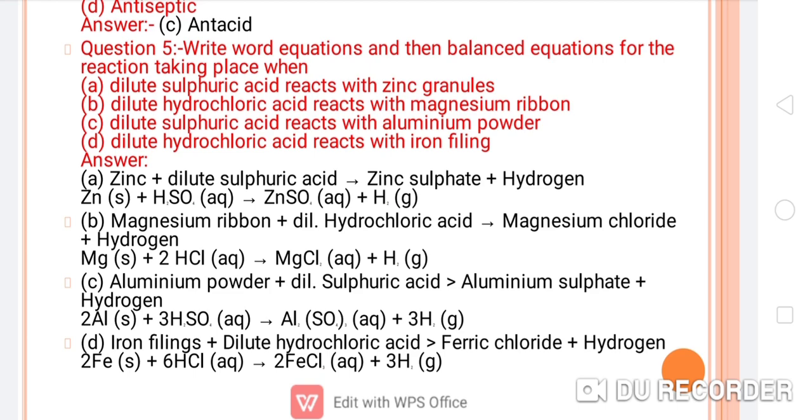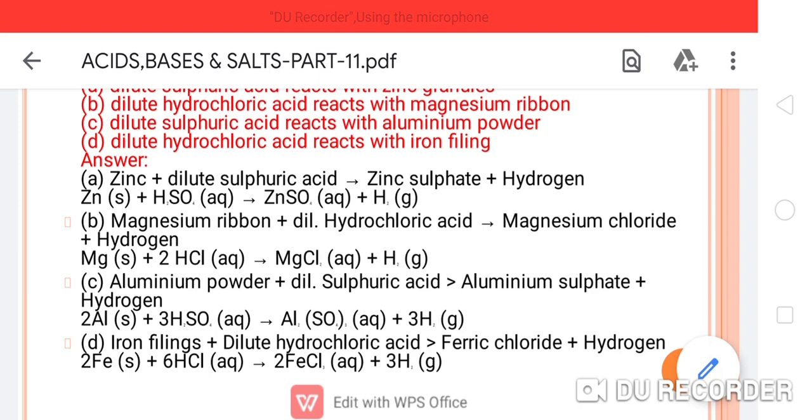Now next, aluminium when reacting with sulfuric acid, so again it will be H2SO4 and aluminum sulfate, that is Al2(SO4)3, Al2(SO4)3, that will be the salt, and hydrogen gas will again evolve here. Okay, so please correct it.